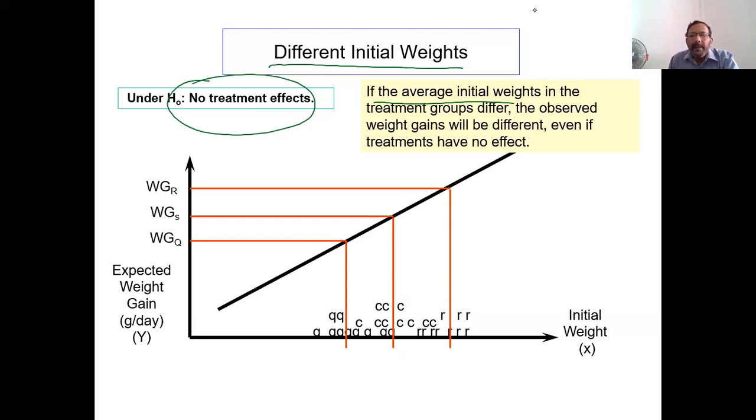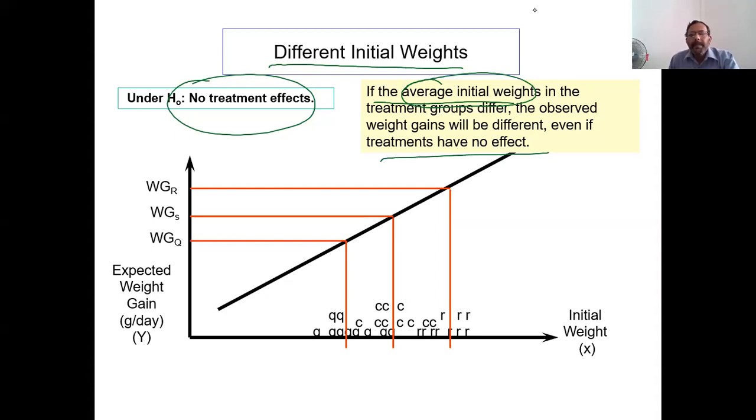Do you agree with that? Because they are having different initial weights. If they have different initial weights, definitely their weight gain should be different, even if there is no treatment effect,